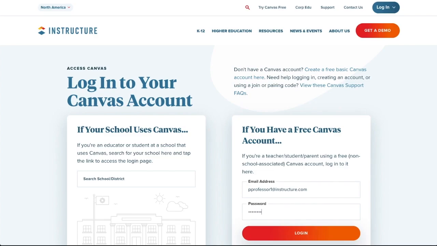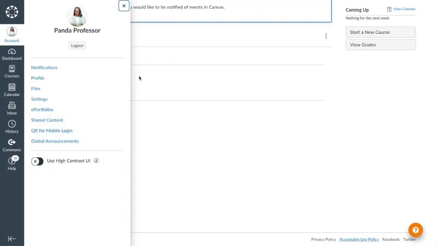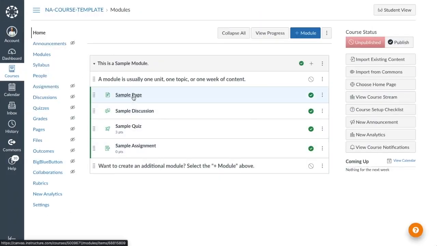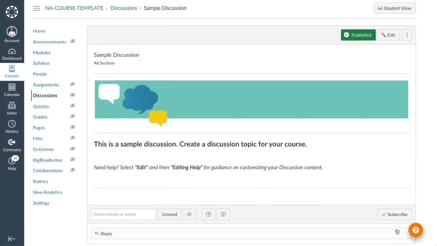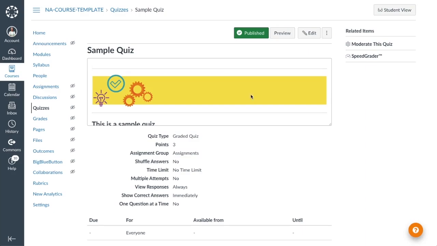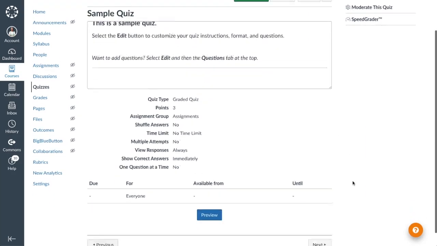Instructors and teachers can easily access Free for Teacher by directly logging in from the sign-up page. When getting started, instructors can then access and update their account profile and get to know Canvas a little better through our simple course template. This template will contain a sample page, discussion, quiz and assignment so that instructors can get a feel for the